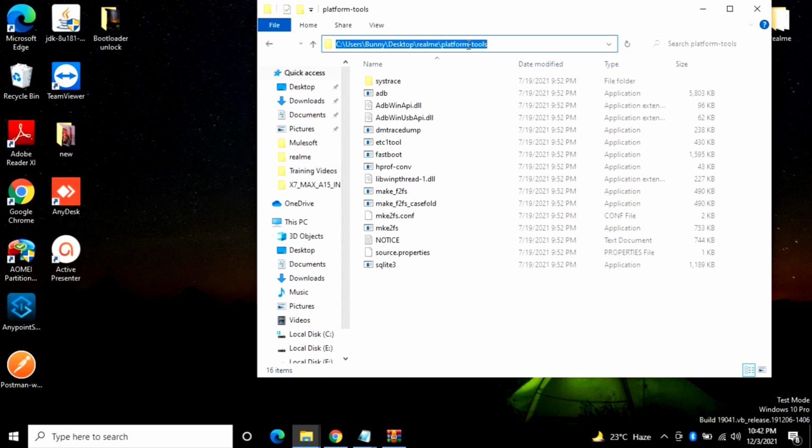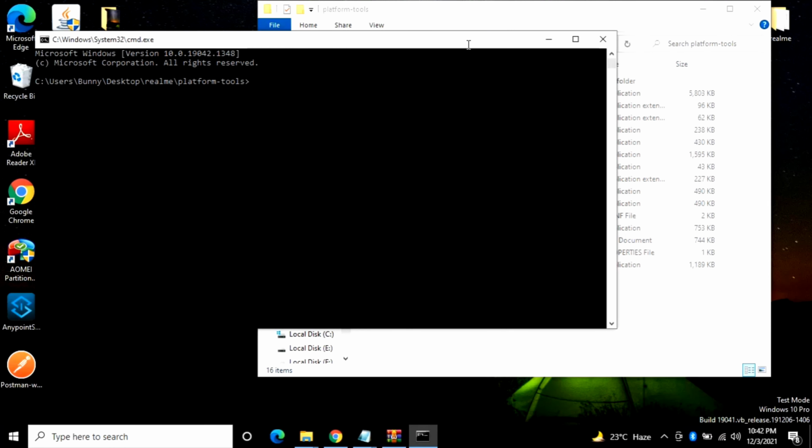Here I'm just pressing CMD. Let me just click on enter. You can see this page. As you can see, it is in the C drive, and you can see this platform tools. So right now